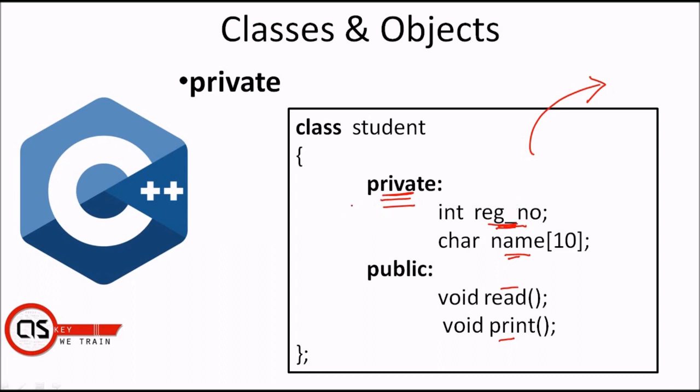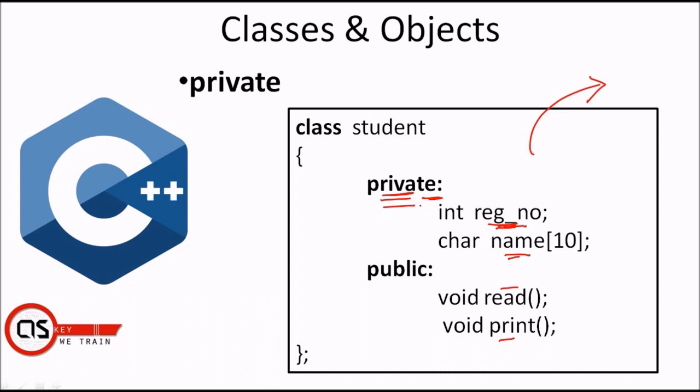So in case you might get a doubt, what happens if an access specifier is not written? Do we get an error? In C++, we don't get an error if you do not write an access specifier. But what happens by default? By default, if you do not specify any access specifiers for your data members and the member functions, it is always private in C++. Remember, in C++, the default access specifier is private.